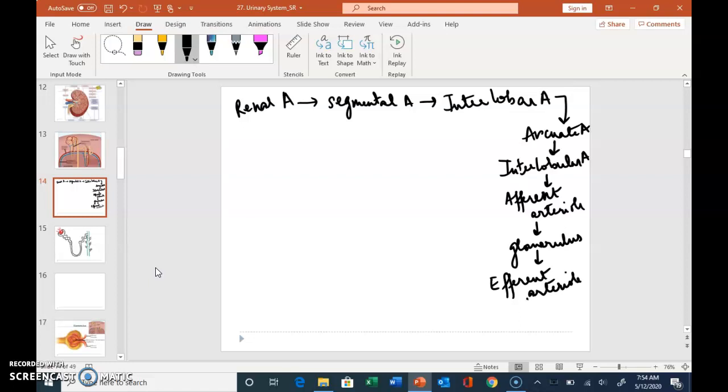The efferent arteriole forms a second capillary bed called peritubular capillaries and vasa recta. The peritubular capillaries and the vasa recta come together and form the